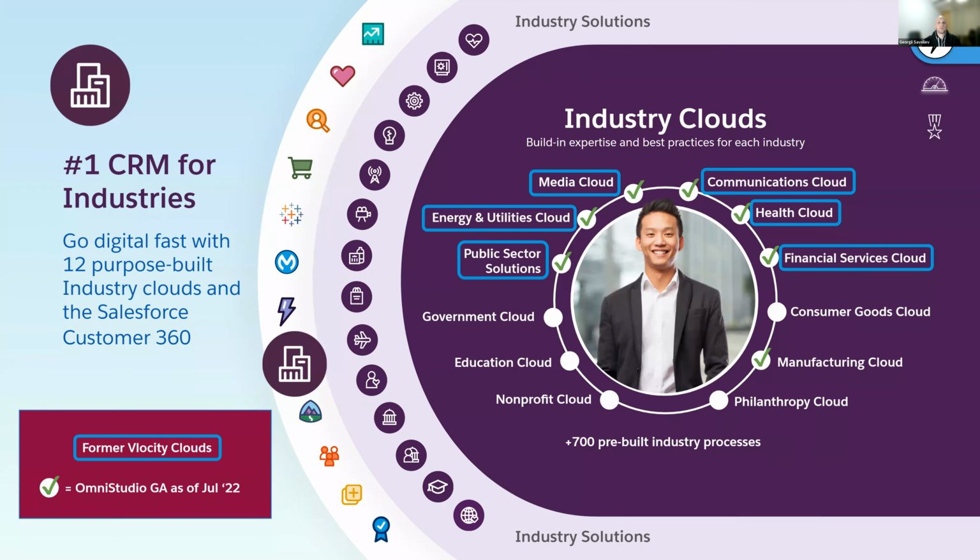Some of these industries were completely former Vlocity industry clouds. Some of these were existing industry clouds that were extended with some of the Vlocity capabilities. For example, communications cloud, the industry that I'm focused on, was completely a former Vlocity industry cloud, whereas health or financial services clouds were existing clouds that were extended a bit based on some of the Vlocity capabilities. I also have in green check marks here the various industry clouds where OmniStudio is GA